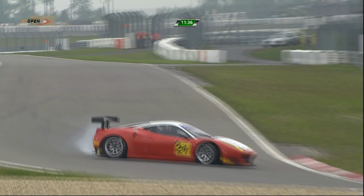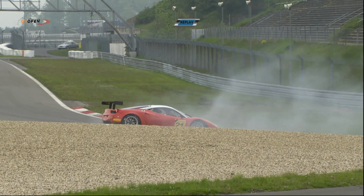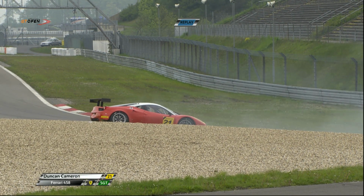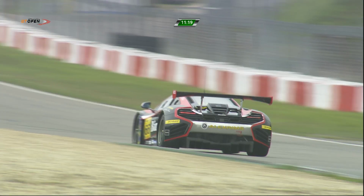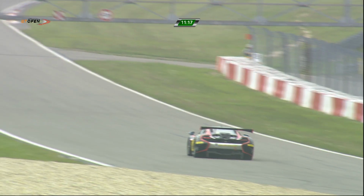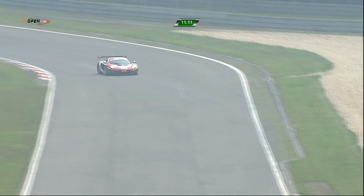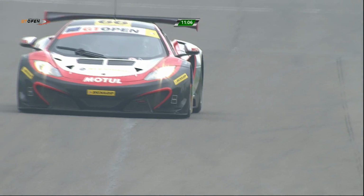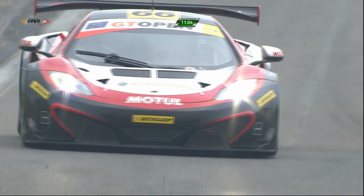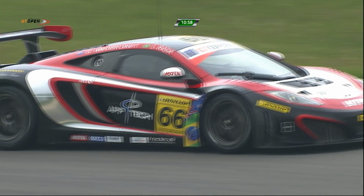Big, wide and varied field this weekend in Nürburgring, as we take a look at Miguel Torrell in the Seyfarth Mercedes, and having a bit of a spin, fortunately, is the Duncan Cameron and Matt Griffin Ferrari. We love it. There is the Bitec McLaren of Chris van der Drift and Luis Razia, a car which has been progressively more competitive as the season has gone by, but this qualifying session is a different challenge altogether. But all the cars run on the same controlled compound Dunlop tyre,